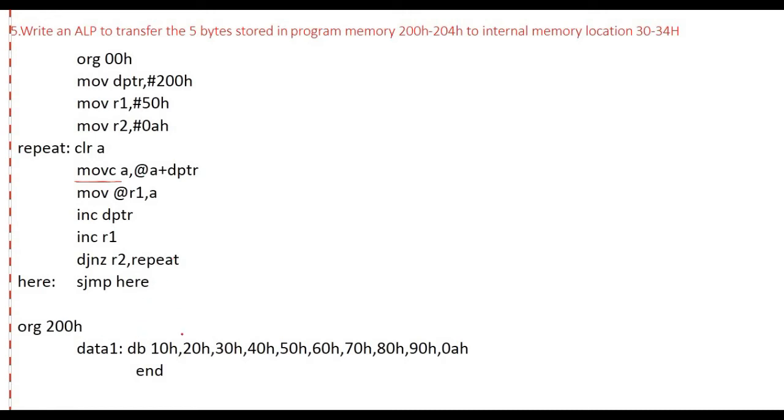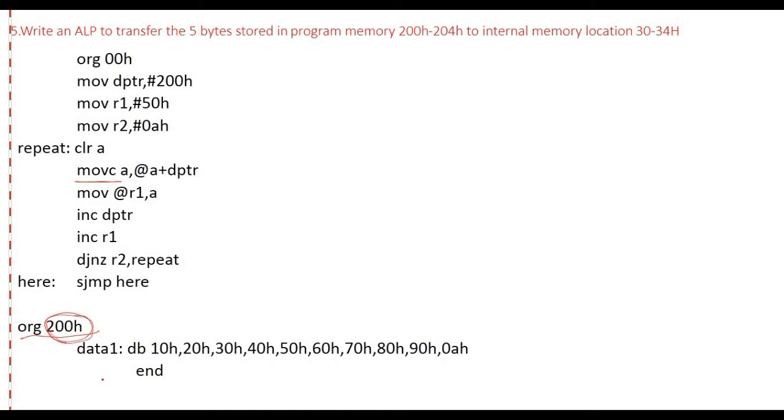One more point we need to remember is that we need to store the data in the code memory. This is how we store it: first we need to tell where we are going to store the data. This ORG is an assembler directive. It tells where we are storing in the code memory, followed by the ROM address. If we are storing at some other address, we can change it at this point.